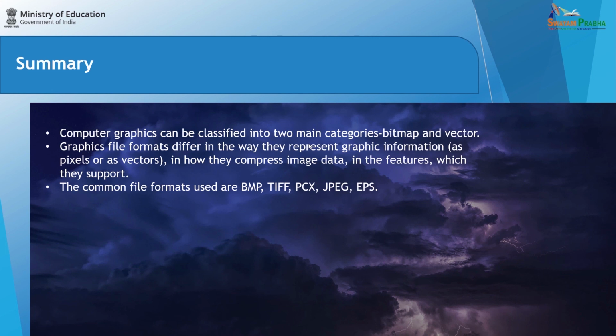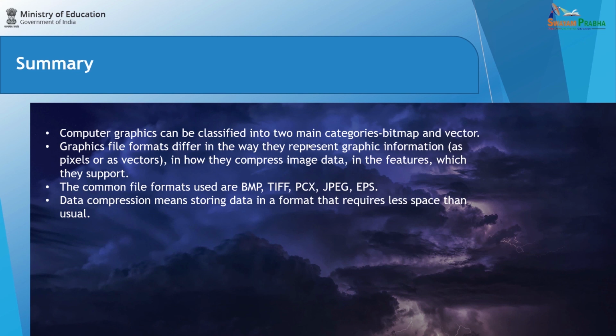With respect to our requirement, we have a specific class related to file formats only, where we are going to discuss when we have to use JPEG, when we have to use GIF, when we have to use SVG graphics, and when we have to use EPS graphics. These things we are going to learn in upcoming classes, right? Now, if you're talking about data compression, what does data compression mean? Data compression means storing the data in a format that requires less size. So this means data compression.